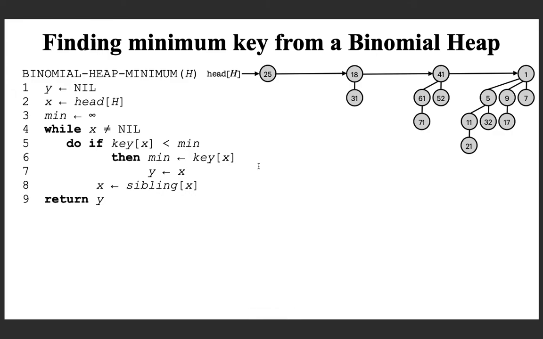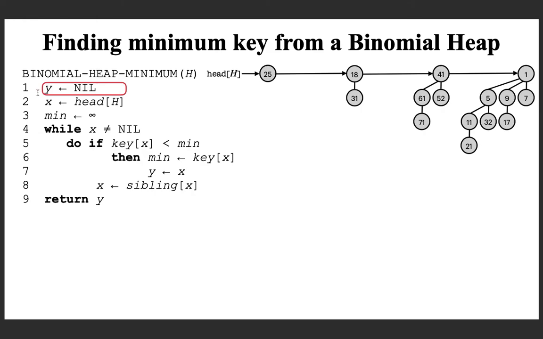Here is our running example, and from the first property of binomial heap we know that the minimum is the value of one of the root nodes. So what you basically have to do is just traverse the root list. You don't have to visit any other node below it. You just visit the root nodes through the linked list and you find the minimum. That is a very simple procedure to find the minimum from a linear linked list. And this is that procedure.